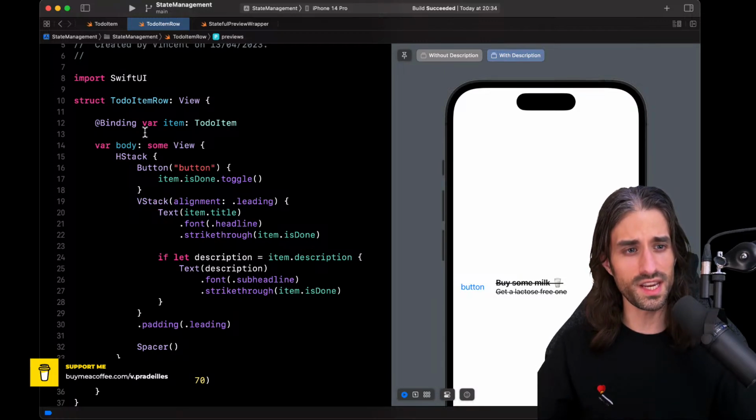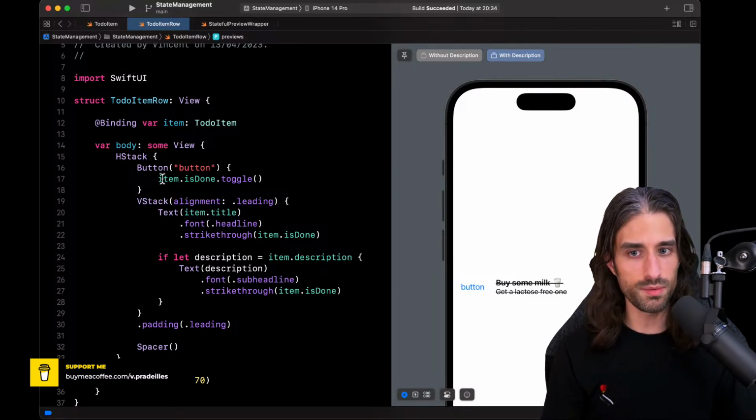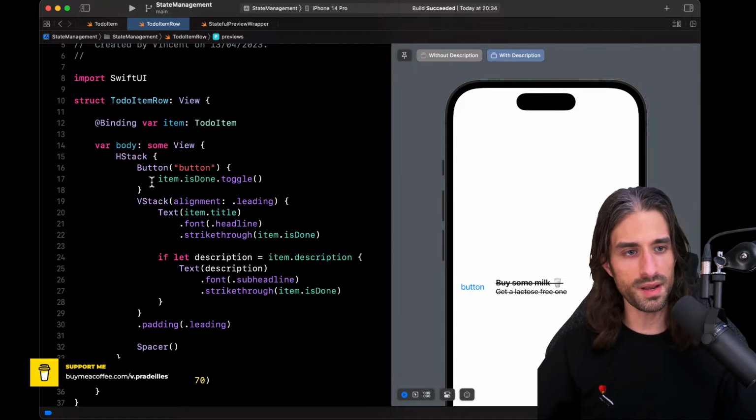So the hierarchy you would see is that at the top level, you will have a view that owns the data. It will then pass a binding to the child view that only needs to use the data. That child view itself could pass the binding to another child view, like we will do later when we implement the nice little button. And so at the parent level, we have an @state for the source of truth for the data. And then from that @state, a binding is derived, and the binding can be passed to the child view, which can itself pass it to other child views.